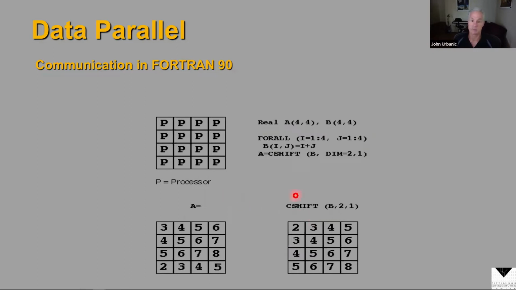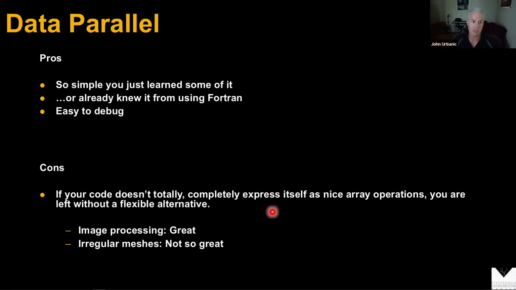And it's parallel communications behind the scenes, because if this array is distributed and spread out amongst a bunch of different cores, it'll move the data around. Actually, in many cases, somebody will write a compiler that turns this into MPI, and behind the scenes it will take care of all the data movement for us. So wow, this is just so simple and straightforward. Why would anybody do anything else? Why are we screwing around with this MPI stuff when we can just do parallel computation and communication like this?